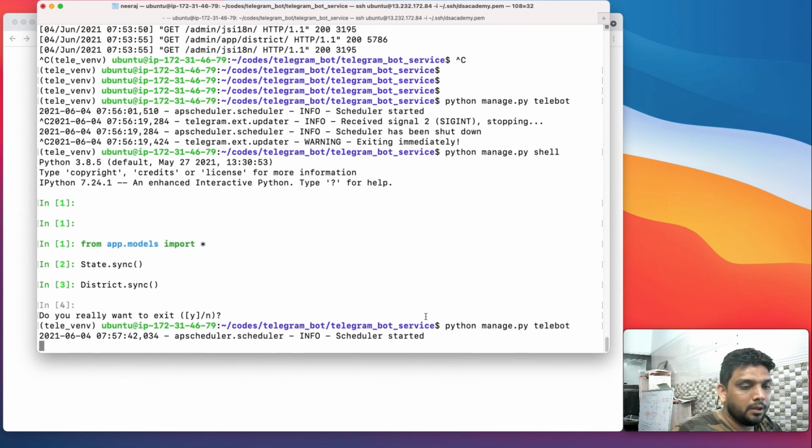So this is how we are able to create an instance, and our services are running fine. As a next step, we have to make sure that we don't have to run this command manually. It should run without any interference, as a service on your server, so that it is always up and running and responding. So in the next video, we will install a package called supervisor, which will take care of all these requirements. That's it. Thank you.